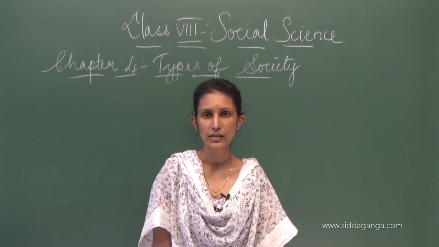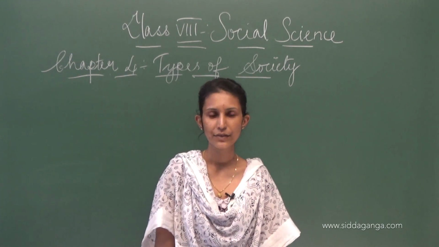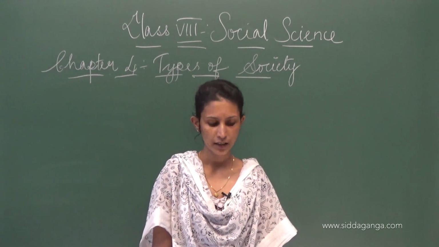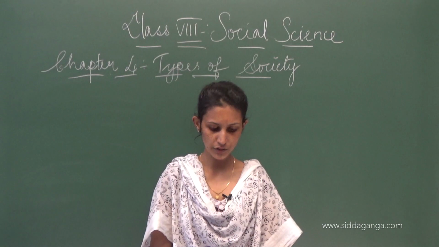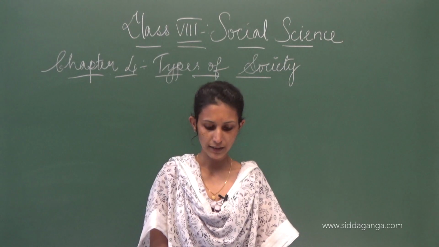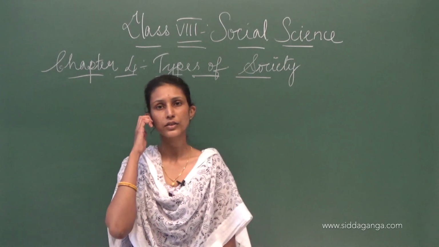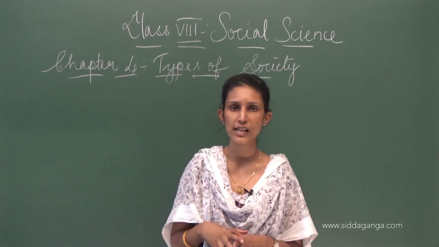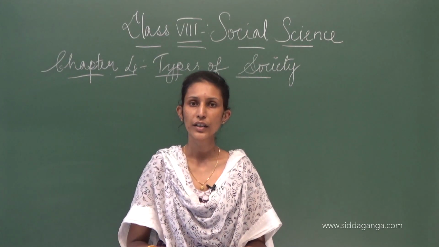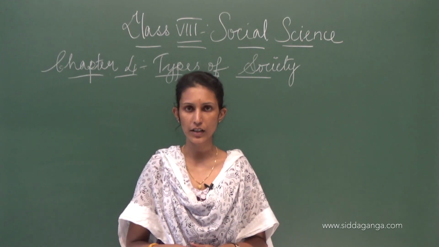Now, in the previous chapters, we have studied different institutions or different aspects of the society. Here in this lesson, what you are going to study is related to all of your previous lessons. You have studied social institutions and culture, so a mention of society has also been done in these two chapters. Here, we will study the meaning and types of society.